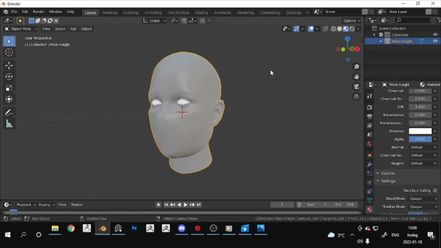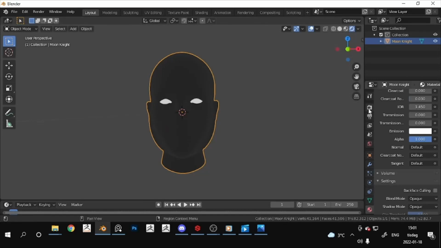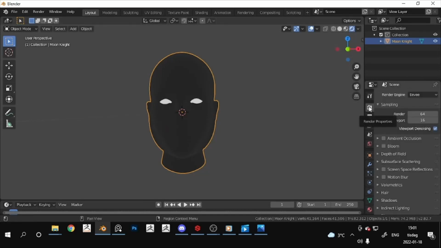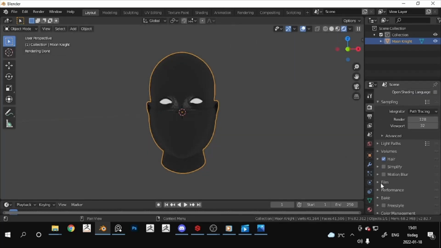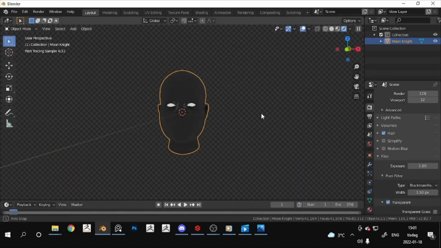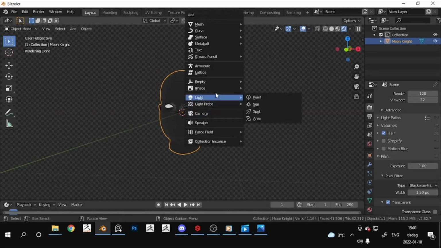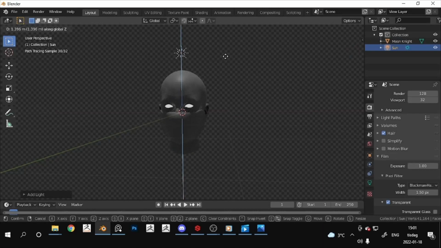Next step is shadow catcher and lighting. So go to render view right here, but before we add shadow catcher or lighting, go to the render properties, from Eevee to Cycles, scroll all the way down to film, and check this box that says transparent, and Shift A, light. I'm just gonna use the sunlight, drag it up, G and Z,